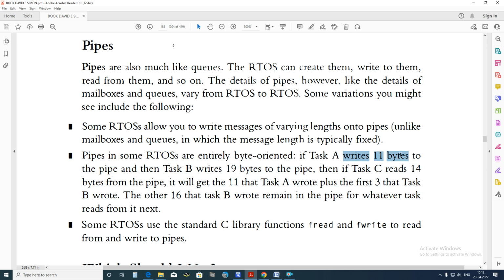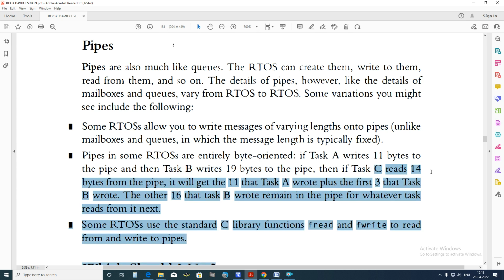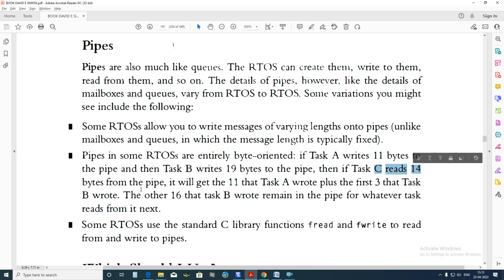If task A writes 11 bytes into the pipe, then task B writes 19 bytes into the pipe, then task C reads 14 bytes from the pipe, it will get the 11 that task A wrote plus the first 3 that task B wrote. The other 16 that task B wrote remain in the pipe for whatever task reads from it. So task A writes 11 bytes and task B writes 19 bytes. So 11 plus 19, there are 30 bytes in the pipe, and task C reads 14 bytes from the pipe, which means